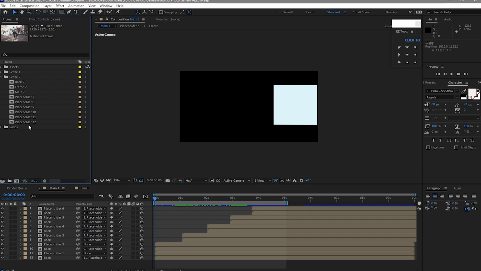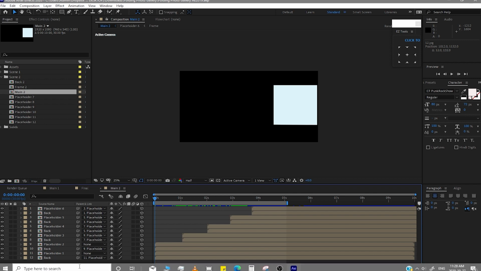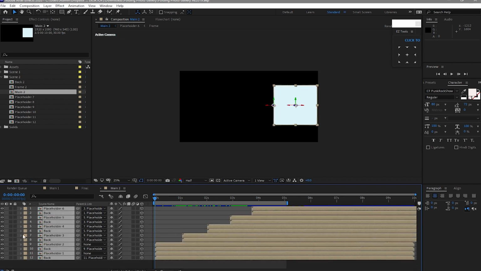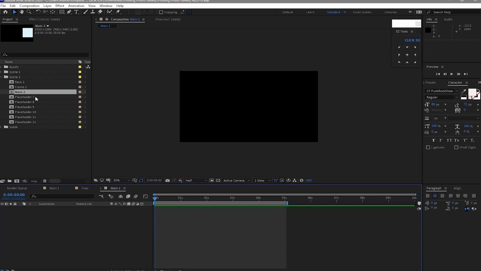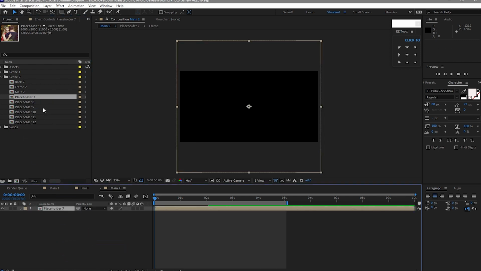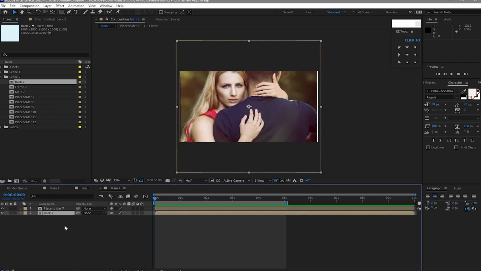So all we have to do is to open the main, delete these all, drag down the placeholder 7 and the back again, make it 3D layers and press P for the back too, and then make it 5 pixels,